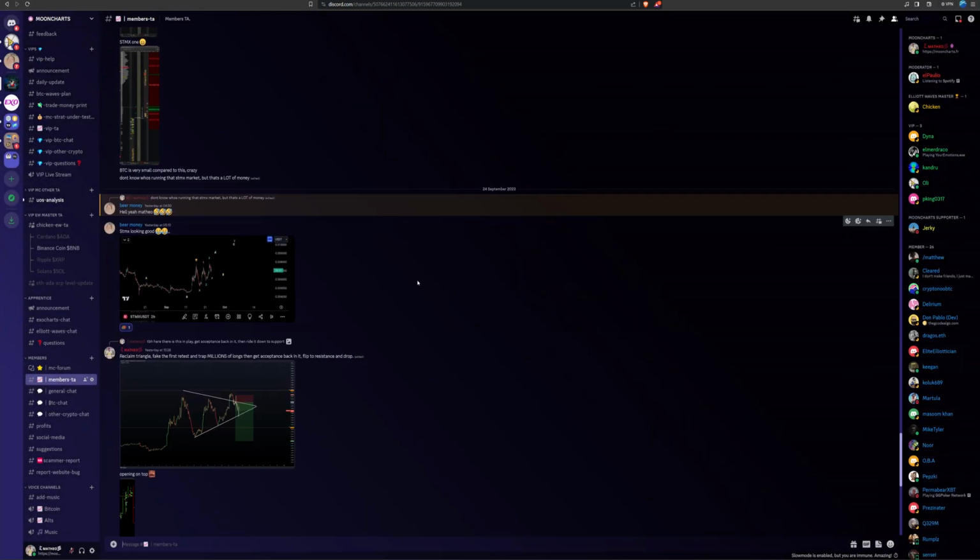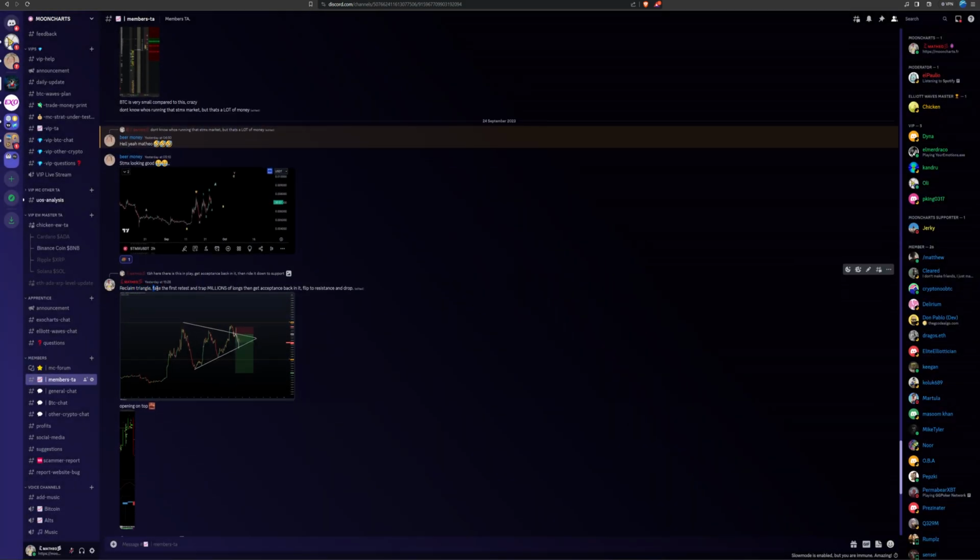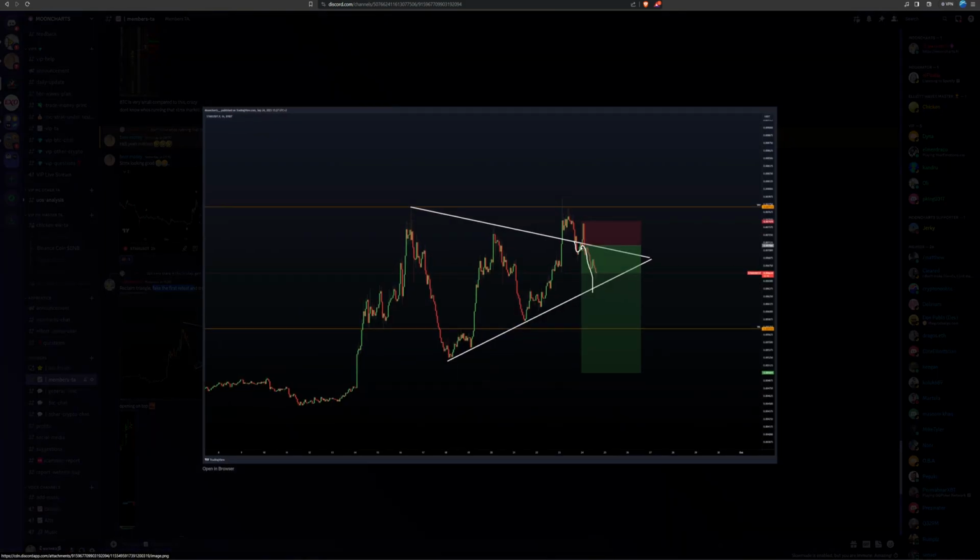So we've got a nice flip to resistance. We got one here, as you can see. I was saying here, reclaim the triangle, fake the first retest. We got a fake, we just faked it here the first. We got a very big move up because people here were just thinking, okay, now we've just broken the triangle, so we faked that low. Okay, we just faked the reclaim. So we just push high here with a